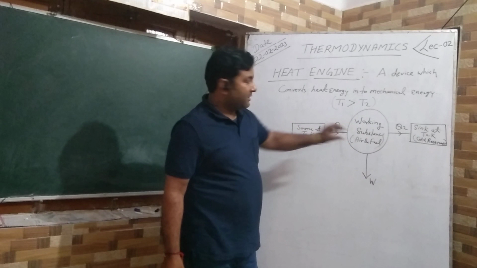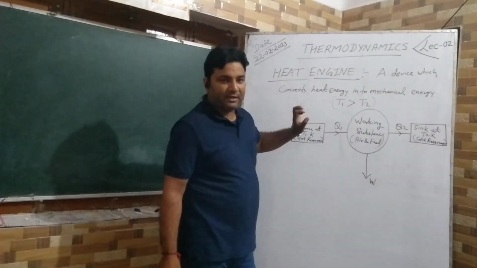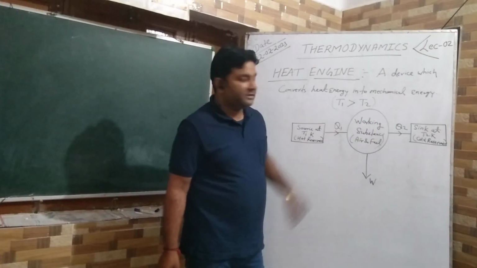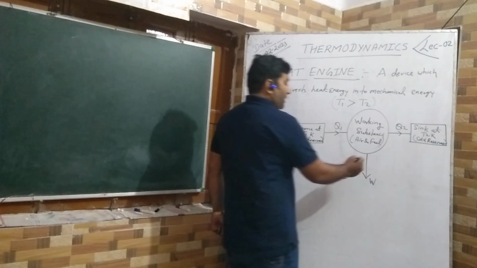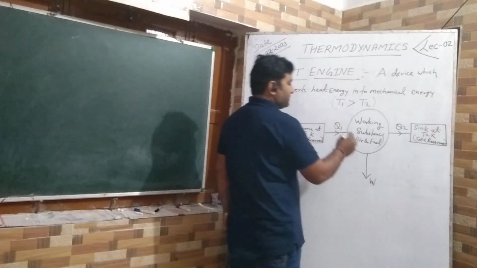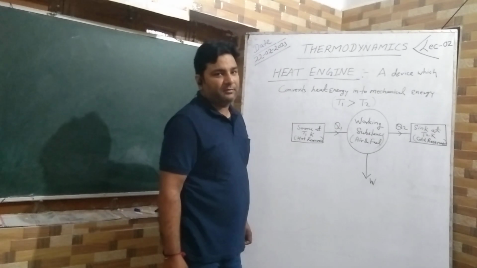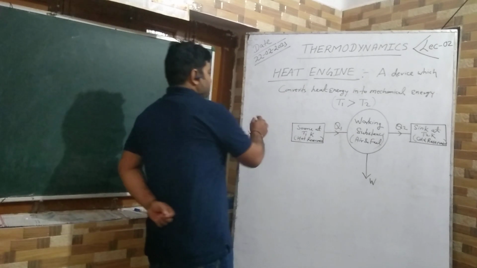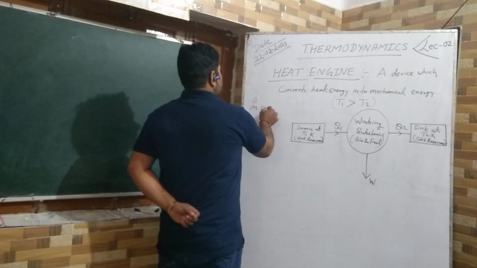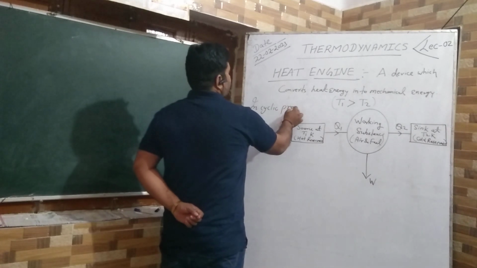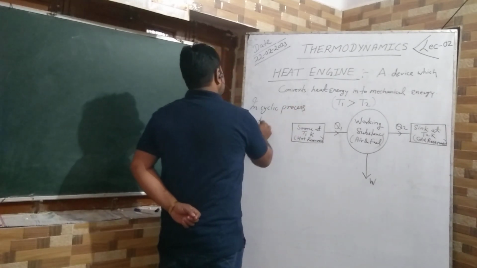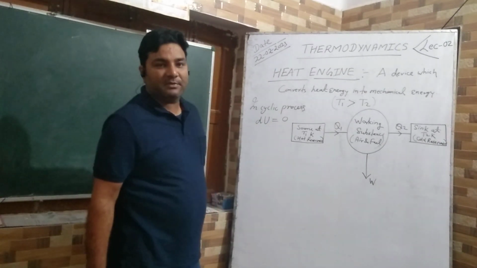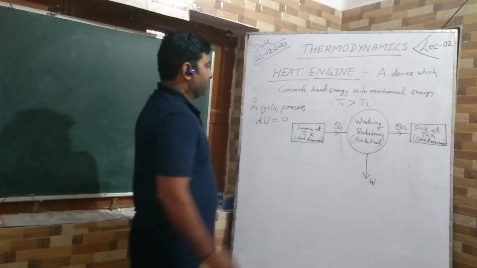So what will the working substance do? It will absorb Q1 heat from the source, and Q2, some lower value, it will transfer to the sink. And also during this process it does some work, that is W, and returns back to the initial position. Then this is a cyclic process, and in a cyclic process always remember dU equal to 0. It means the change in internal energy must be 0. Clear? Then by the first law of thermodynamics,